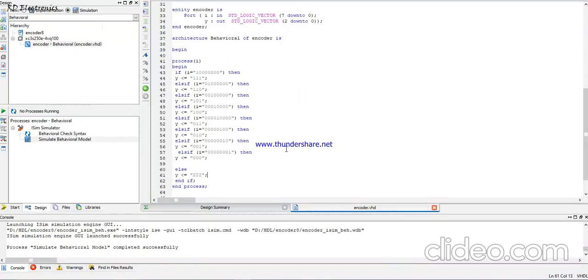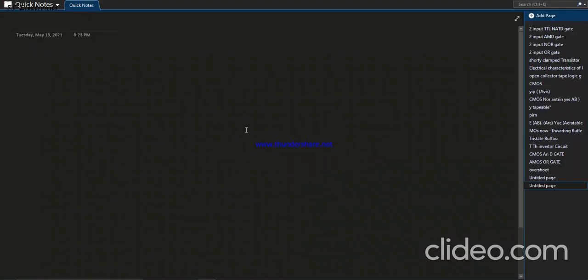Hello all. Today we discuss VHDL programming of an 8:3 octal to binary encoder. So first of all, what is an encoder? An encoder is basically a digital circuit which converts